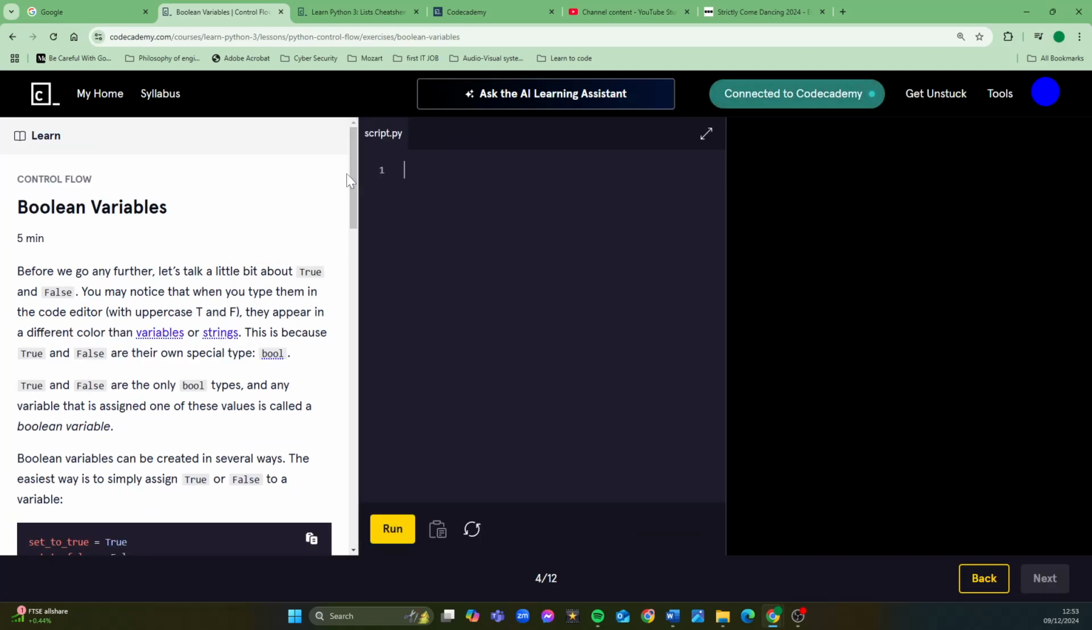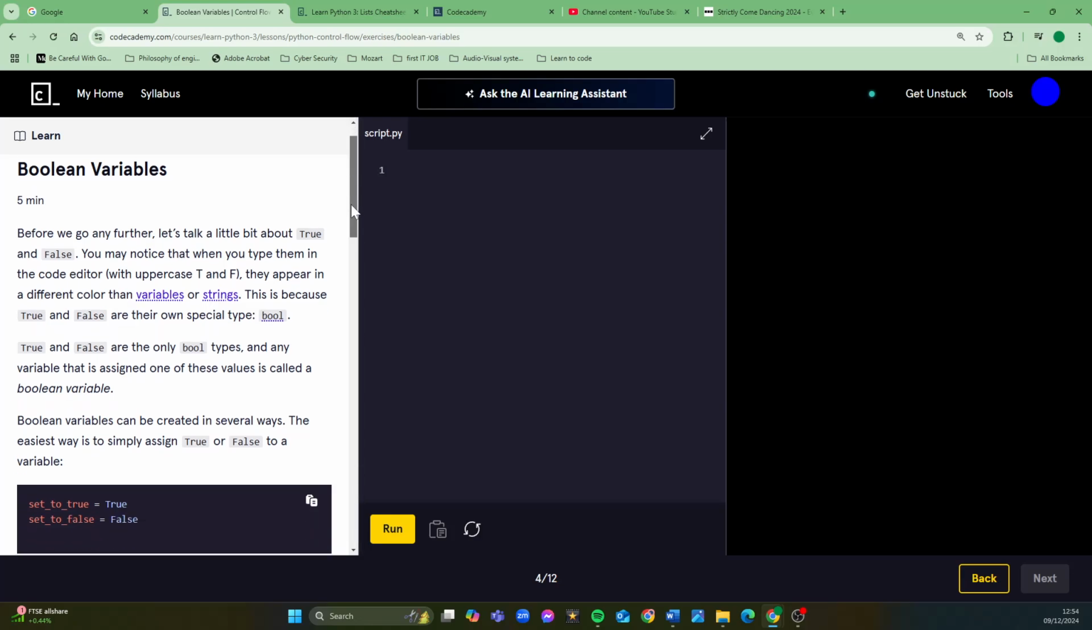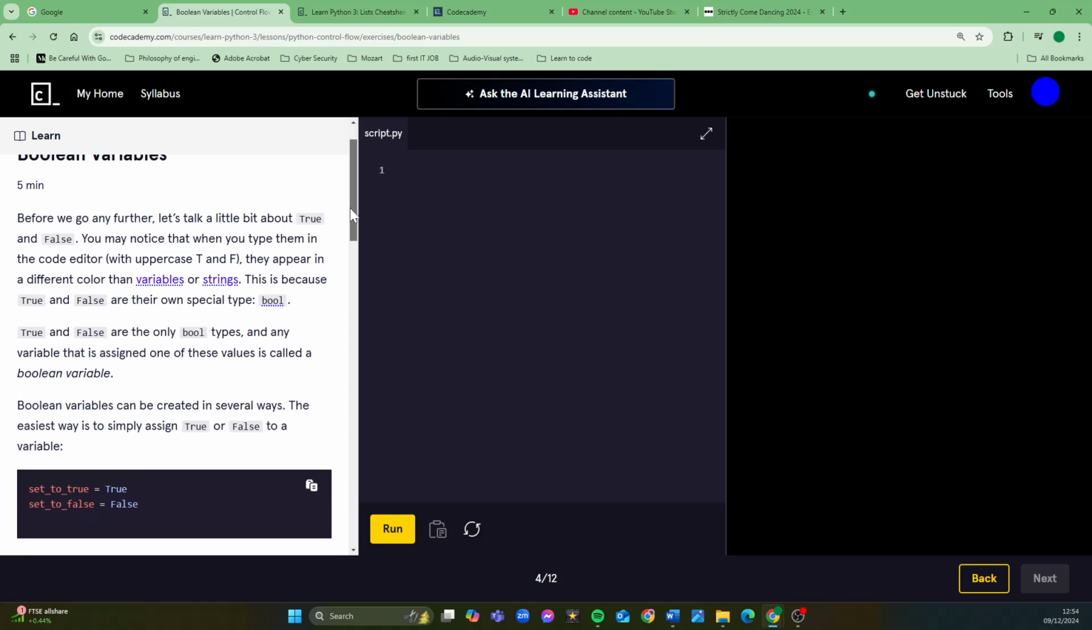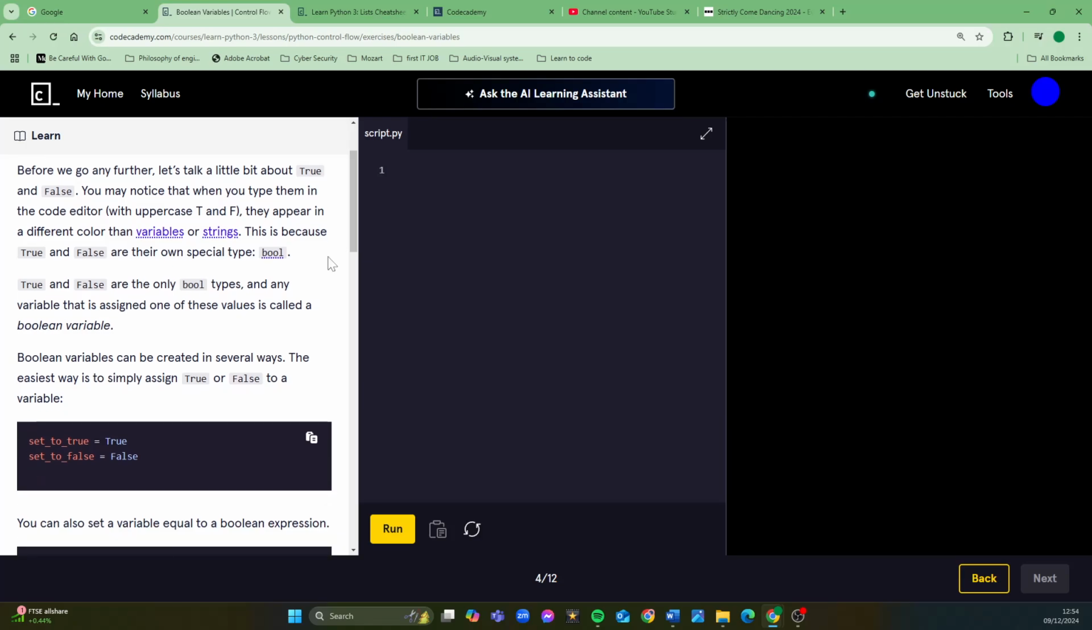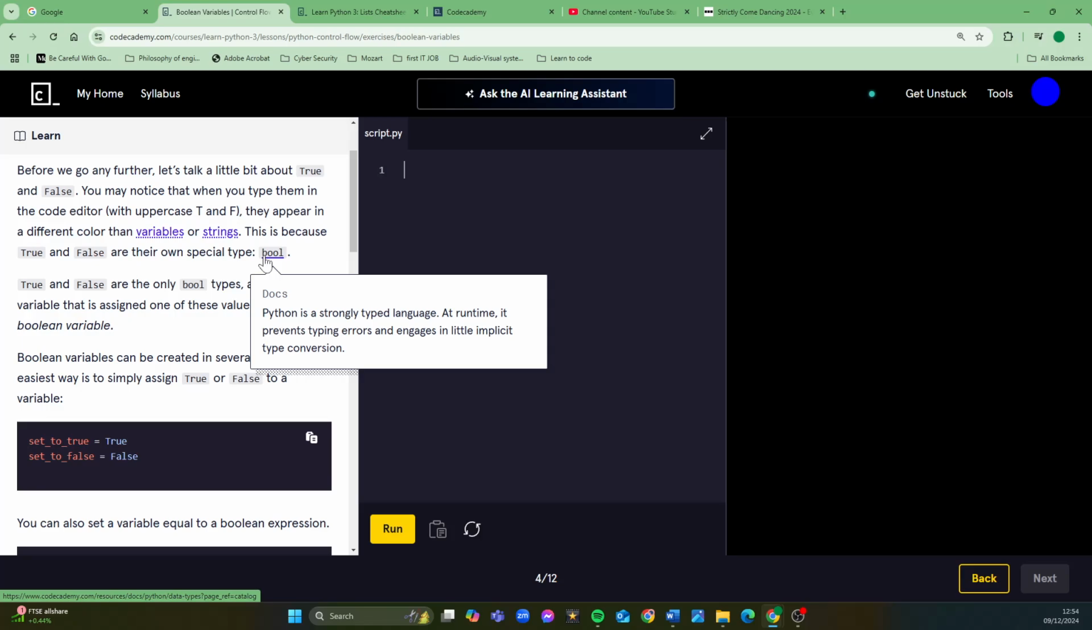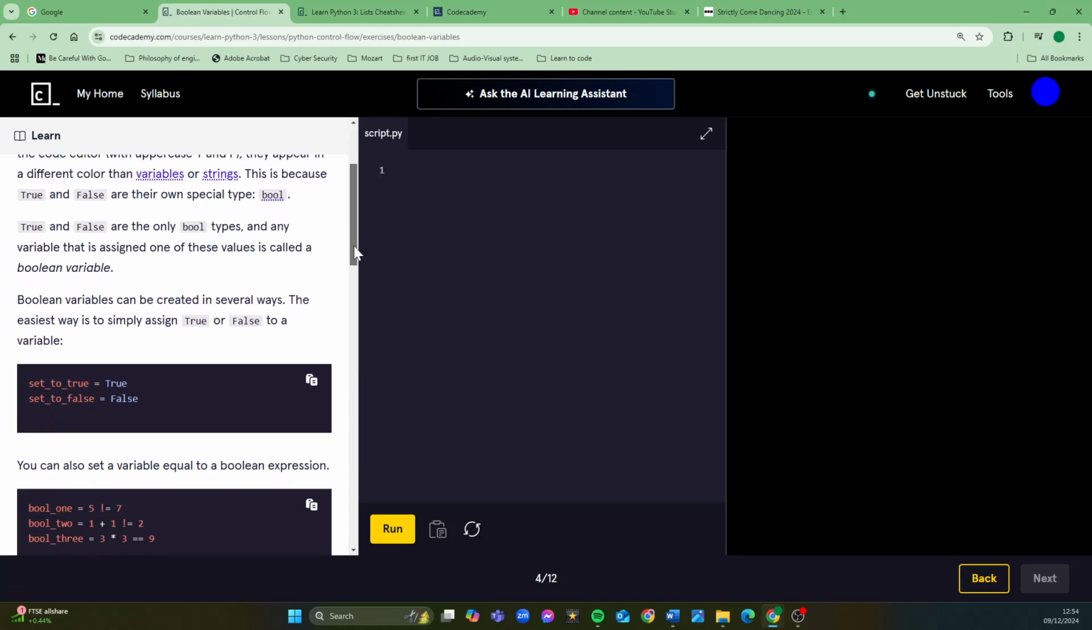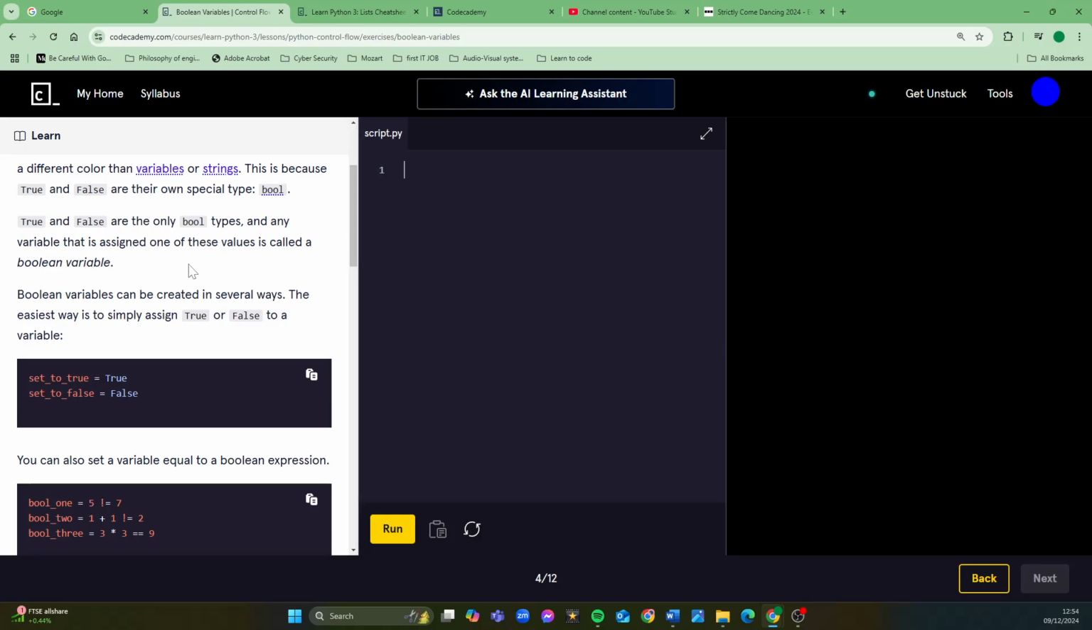Boolean variables. Before we go any further, let's talk a little bit about true and false. You may notice that when you type them in the code editor with uppercase T and F, they appear in a different colour than variables or strings. This is because true and false are their own special type, bool. True and false are the only bool values,